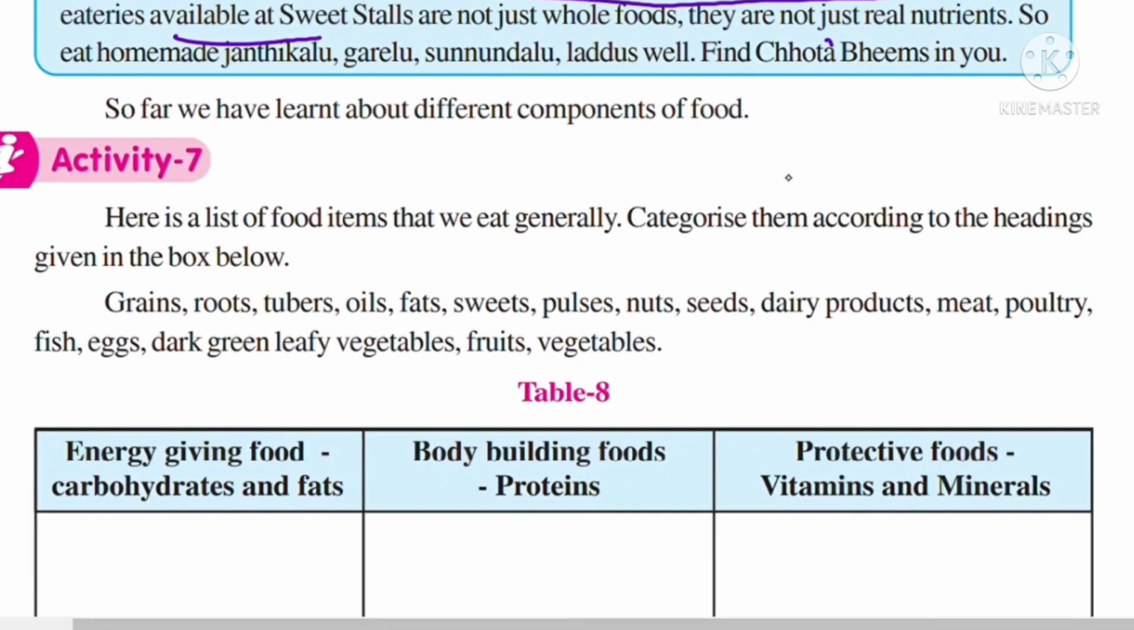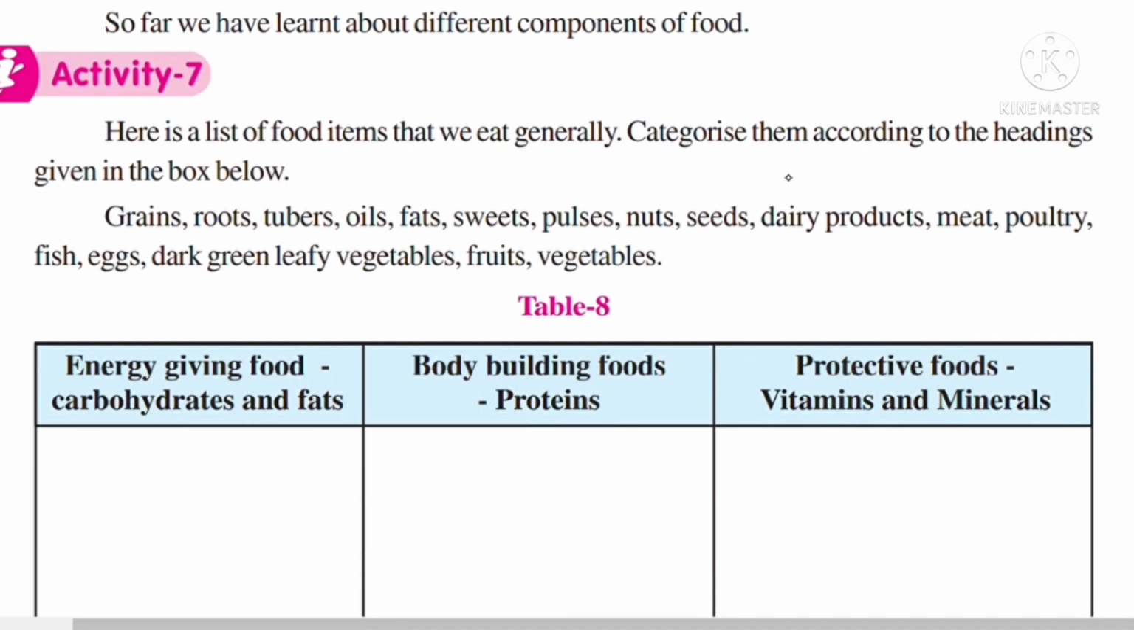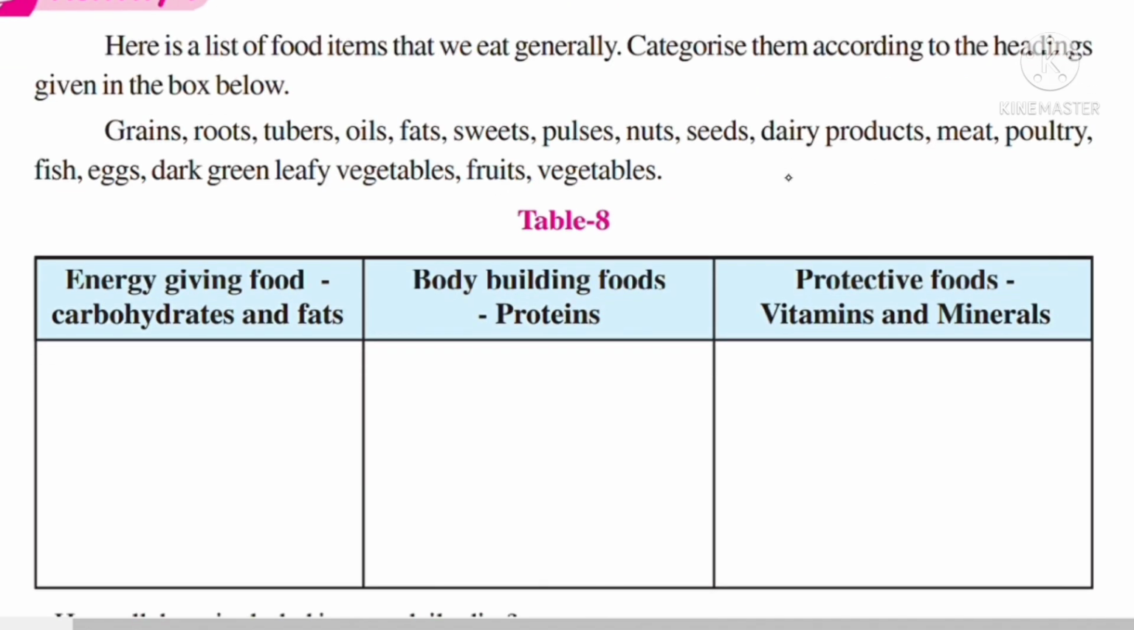So far we have learnt the different components of food. Here is a list of food items we get generally. Categorize them according to the headings given in the box: grains, roots, tubers, oils, fats. All these food items are given. Energy giving foods are carbohydrates and fats. And where are carbohydrates and fats present? Grains,